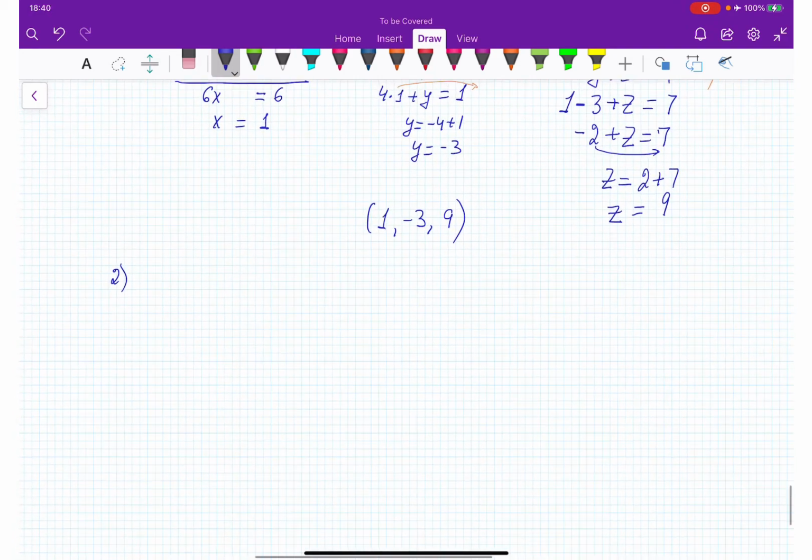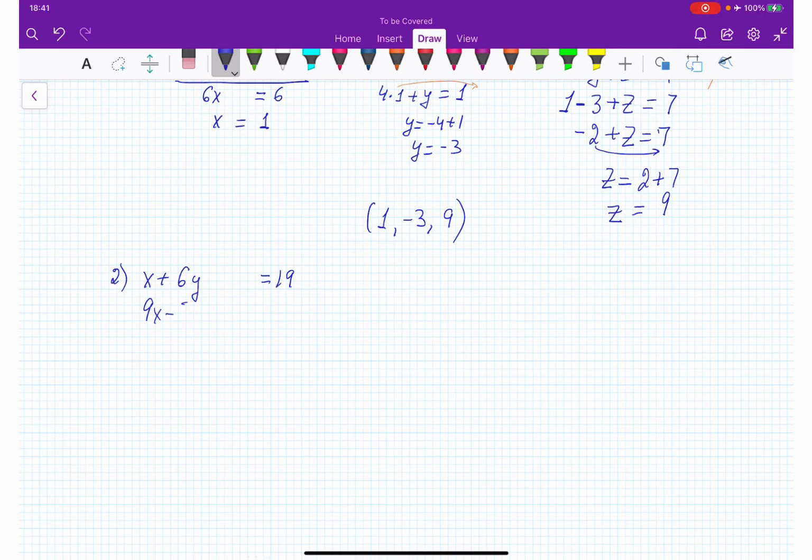We have x plus 6y equal 19. Why did I leave space? Because I will have the z value coming in. I keep saying z score because it's from statistics. 9x